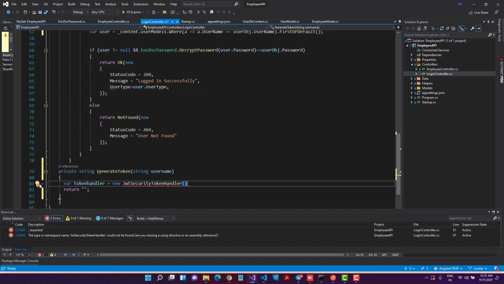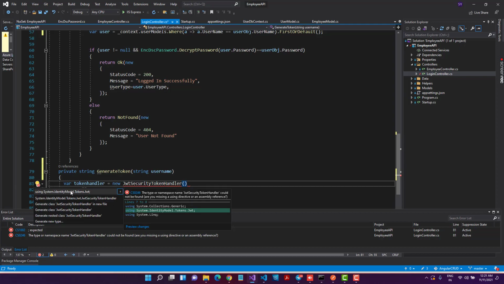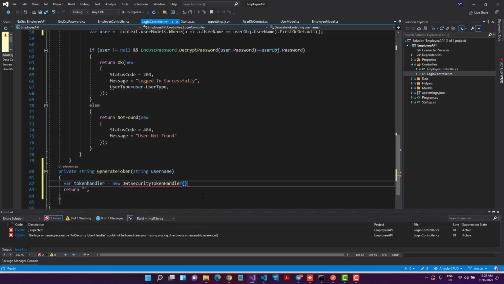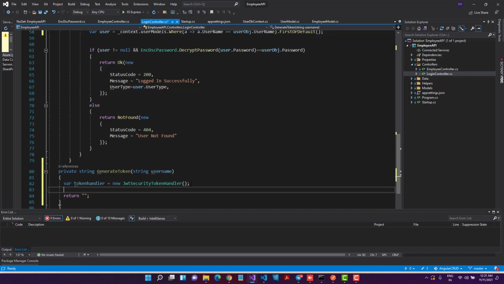I have to import this, so I'll click on the bulb and, using System.IdentityModel.Tokens.Jwt, I have imported it on the top. Now I have my token handler.